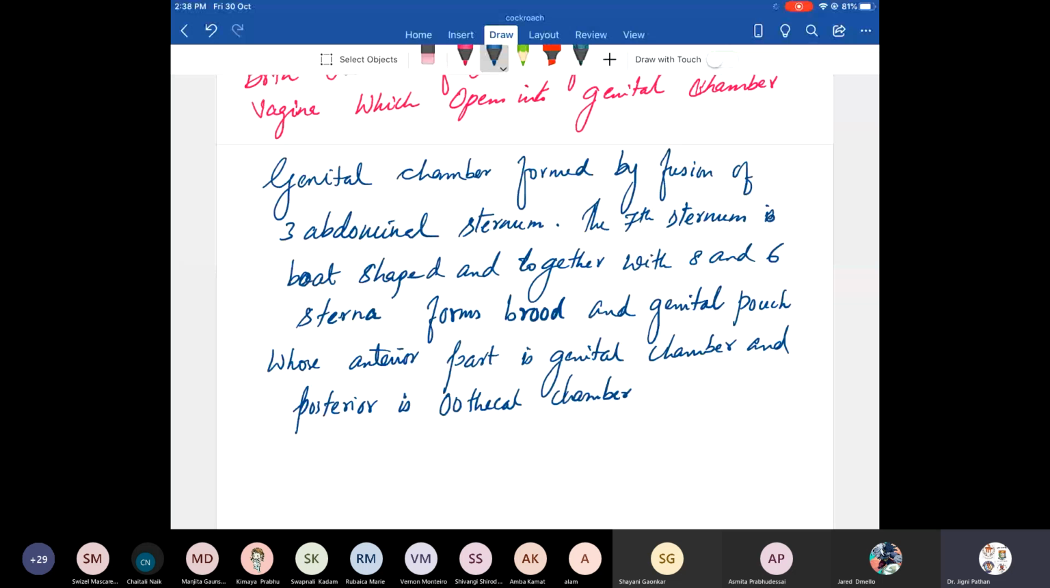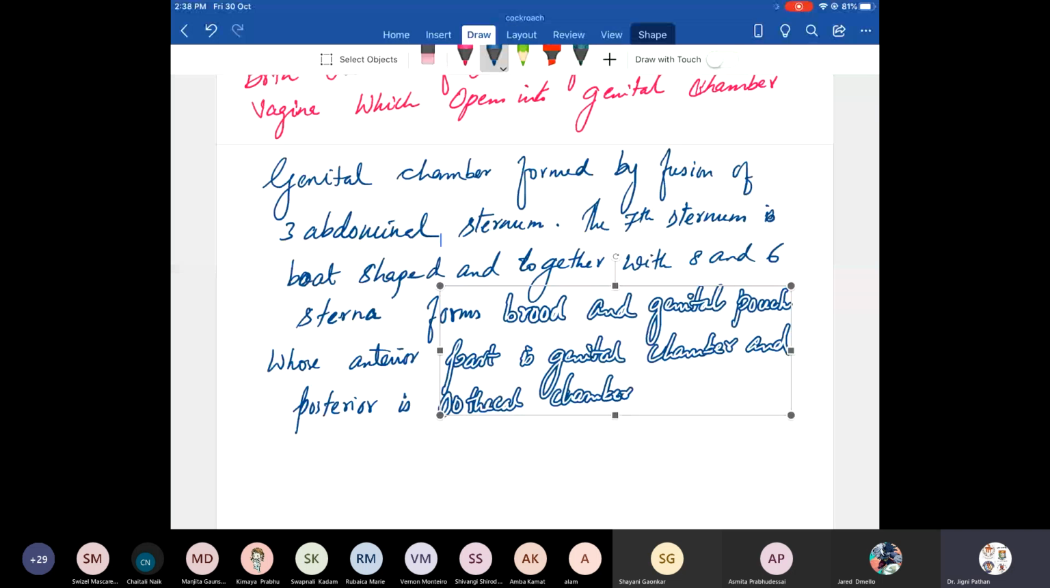Now, the genital chamber. When you want to differentiate a male cockroach from the female cockroach, the male cockroach has anal style, whereas in the female cockroach the sternum is broad, because the abdomen has a brood and a genital pouch. In this genital pouch, the anterior part is called the genital chamber and the posterior part forms the oothecal chamber. We'll discuss ootheca now. Just remember the anterior part is the genital chamber, the other part is the oothecal chamber. Okay, next,